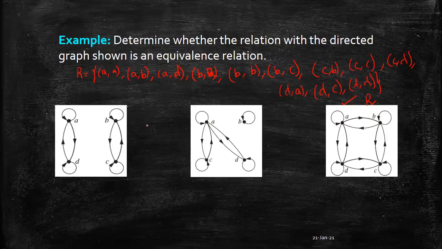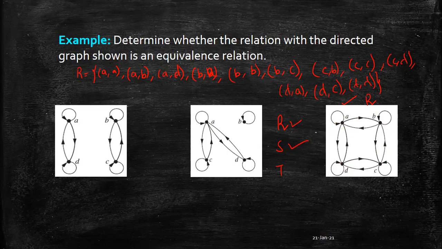That is, for an equivalence relation, you have to check for reflexive, symmetric and transitive. For the reflexive property, you have to check whether there is a loop at every vertex. Yes, A, B, C, D all have a loop, so this is a reflexive relation. What about symmetric? If we have an edge from A to B, we need to have an edge from B to A also. Similarly, it is the case for all the other edges between distinct vertices, that is A to D, similarly D to C and B to C. So it is symmetric.